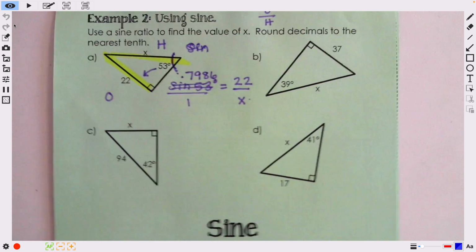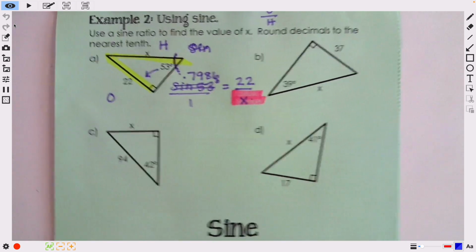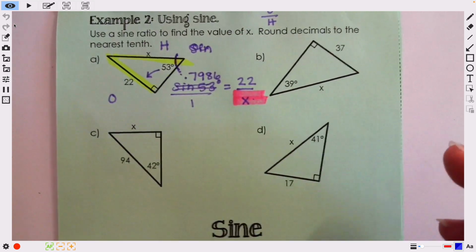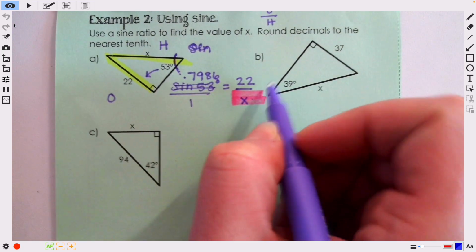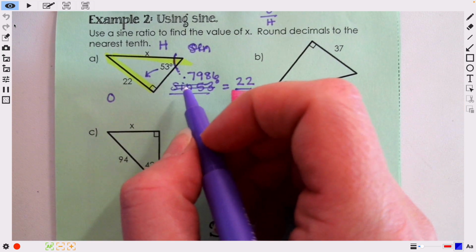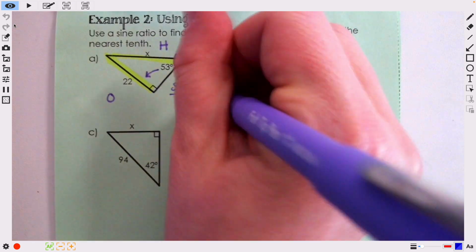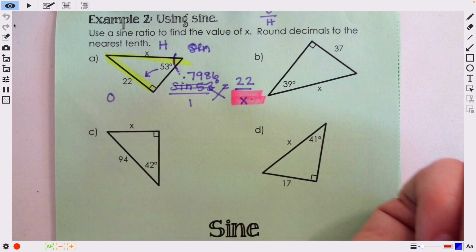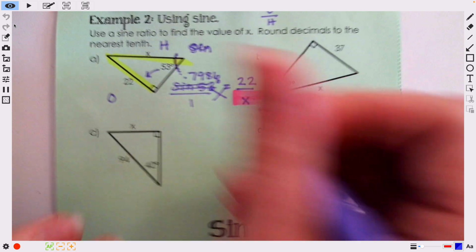All right, and we need to solve for x. There are a couple of ways to do this algebraically. You cannot multiply by 22 on both sides and get x alone. That's not how you would undo that. What you can do is multiply by x on both sides and then divide by the decimal, or what will always work is to cross multiply. So we get pretty good at cross multiplying. That's why I put it over 1. If you put it over 1, then you can always cross multiply. So then we get